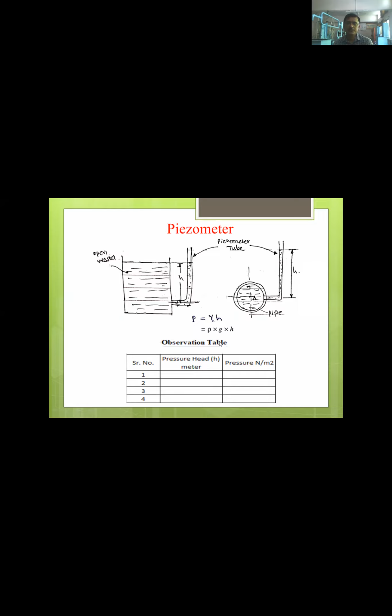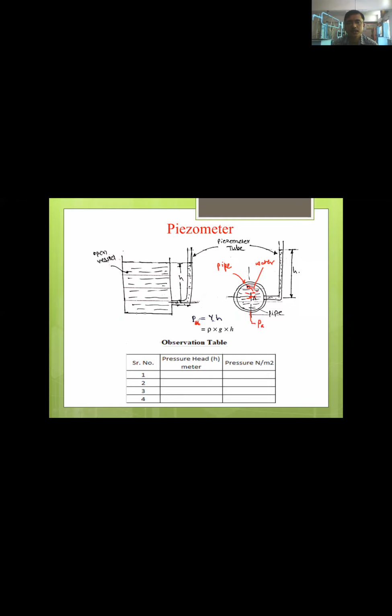just draw a rough sketch of the piezometer, in which you have to show, see here, this diagram, this circular, this is the cross section of the pipe, this is the pipe, right? This is the water, you can see. And we want to find out what is the pressure intensity at the center of the pipe. So we have connected here a piezometer. So here we are interested in PA. You can write here PA or here.